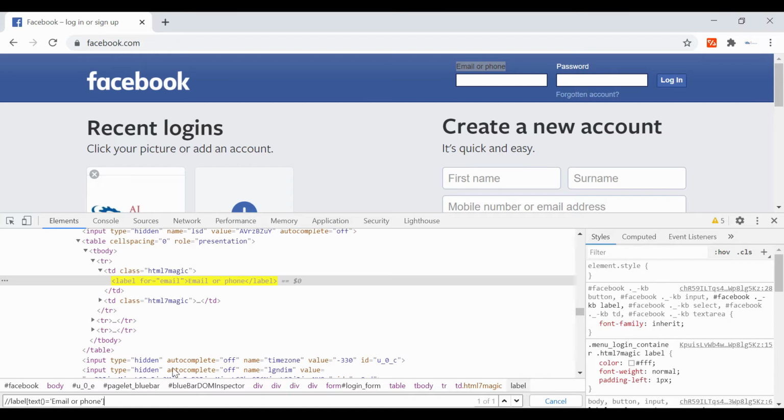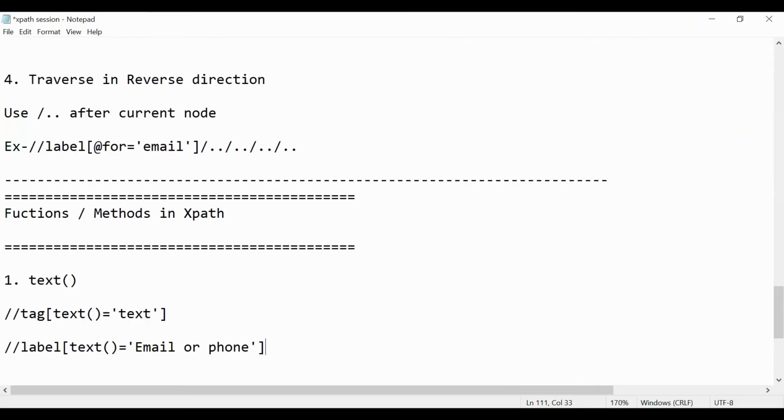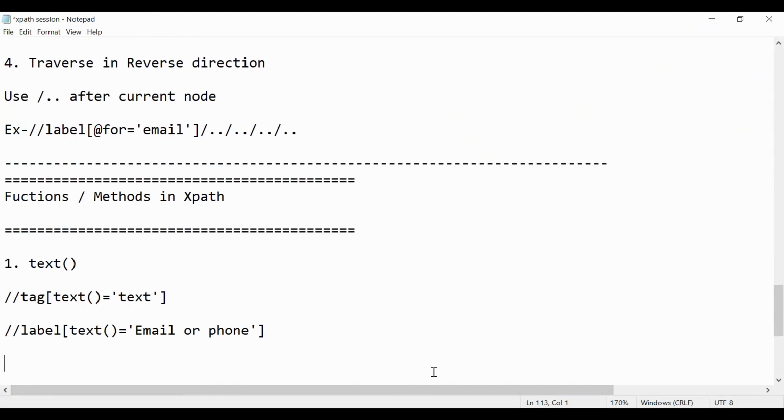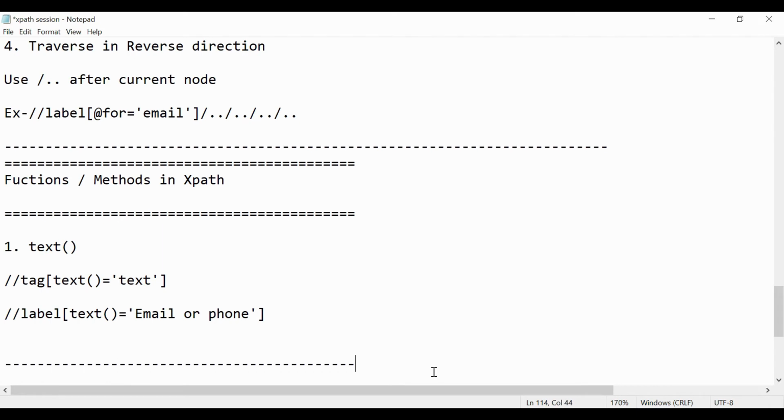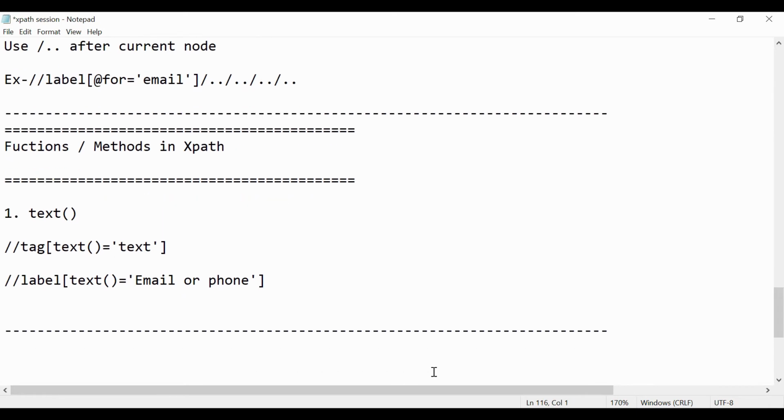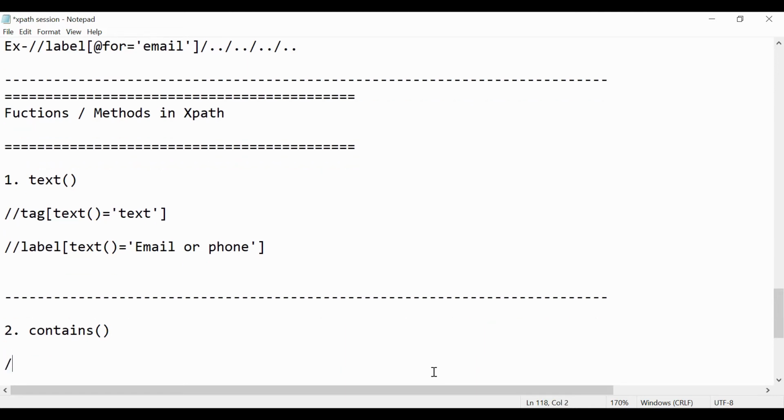Okay, so let's go and see the next method. This is the first. Second is pretty similar, contains. So what does this contains method show you? First we will see the syntax.